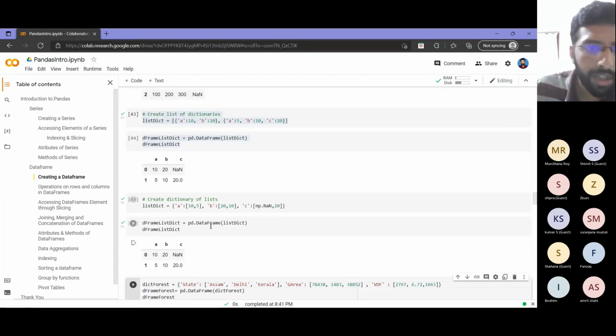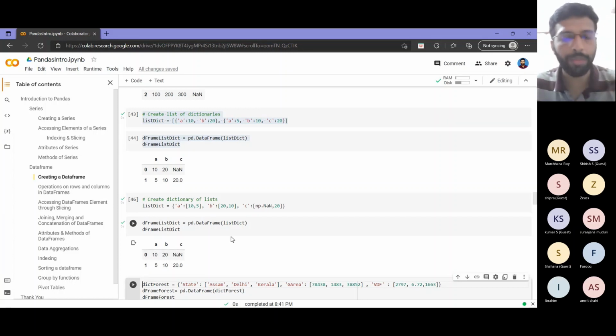Okay. So you see, using the dictionary of lists as well as the list of dictionaries, you got the same data frame. So just see the difference between how I fill the values, as a dictionary or as a list, in the two cases. Once you can make out any one of these, you need not learn both. If you learn any one of these, whatever question you get, you can fill it into a similar structure like this. You can directly create a data frame from the list or dictionary and use that to operate further. That way, even if you have 3 or 5 rows and columns, you can do it manually.